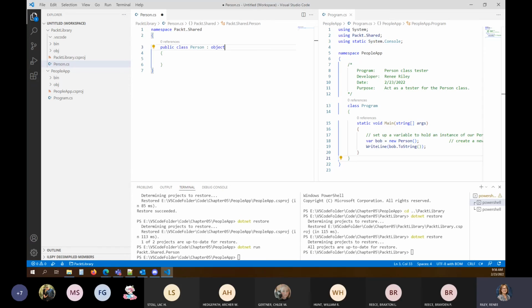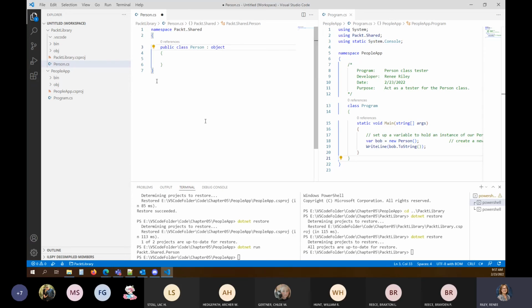Just like when you inherit from your parents, you might get some eye color, hair color, things like that, but you're also going to have your own unique characteristics. So we're going to use the system default C# object to inherit basic things like that toString method and some other things.